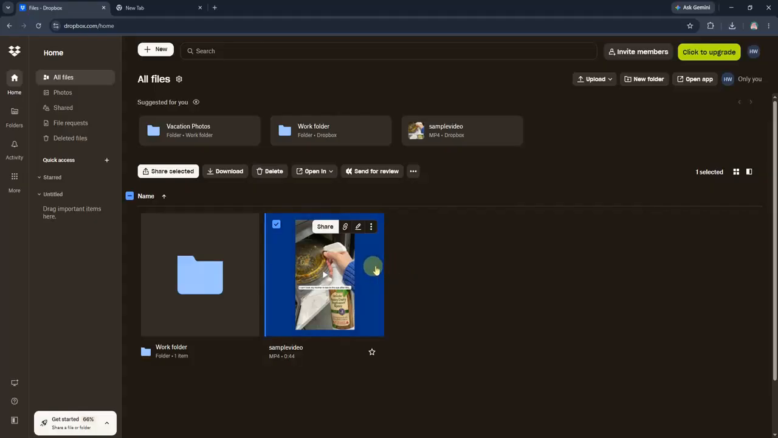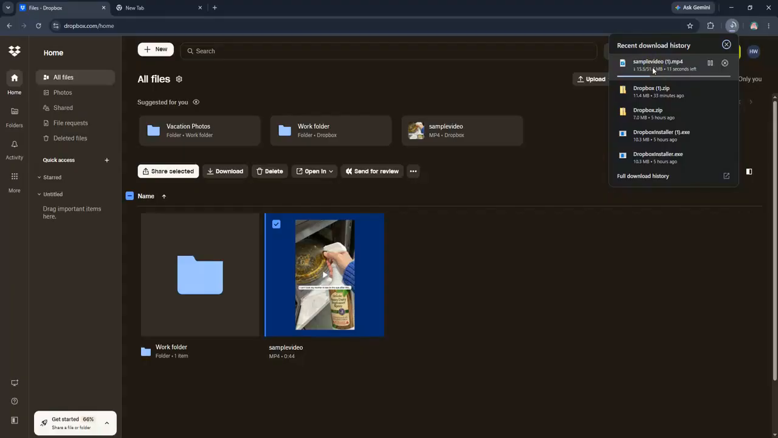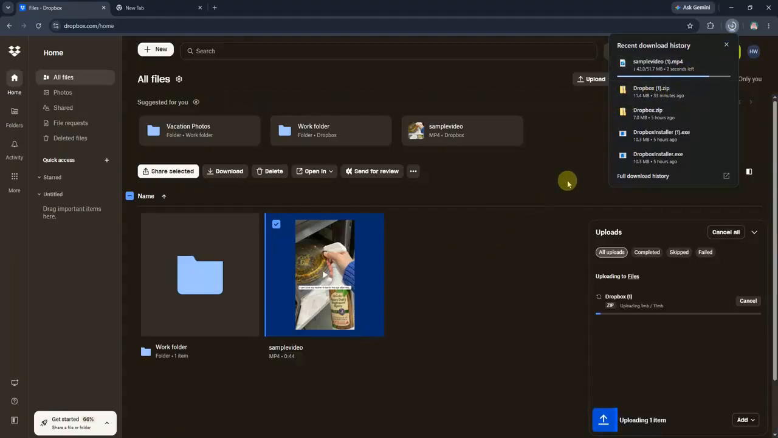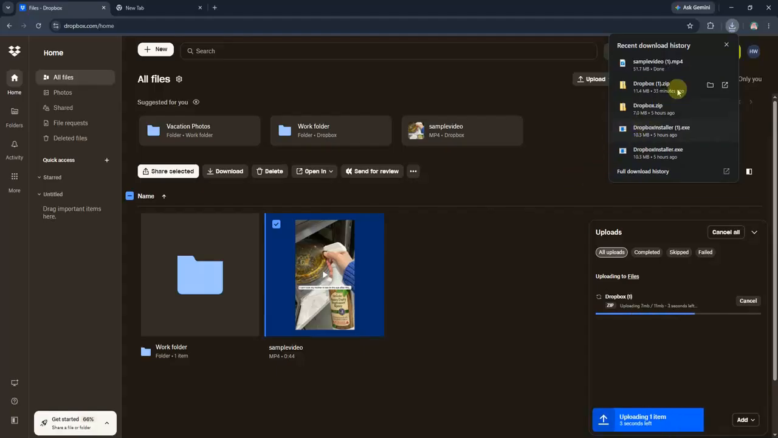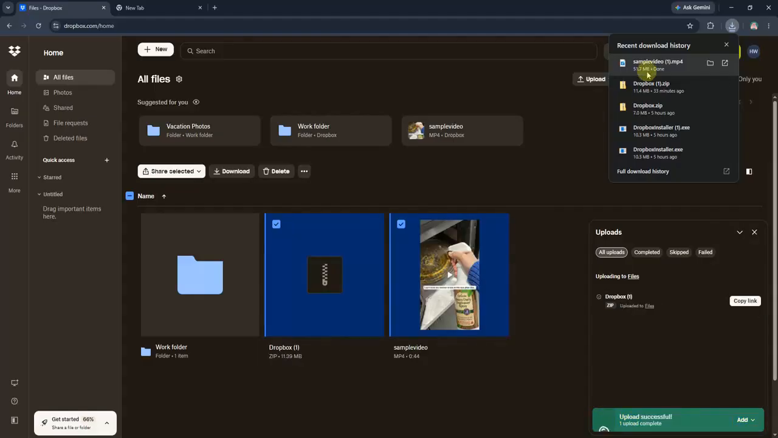If it's a single file, it will start downloading immediately to your default download location. If it's a folder or multiple files, Dropbox will automatically compress them into a zip file, and then the download will start. Keep in mind that large files or folders may take a little longer to download depending on your internet speed. If you're working with several files and you want to download them all at once, you can also